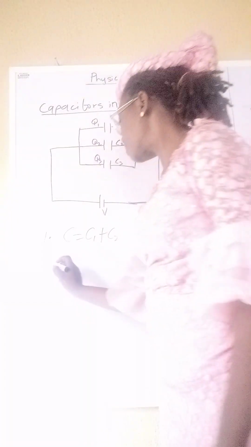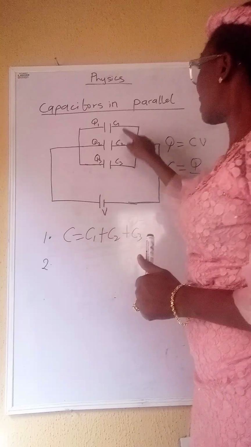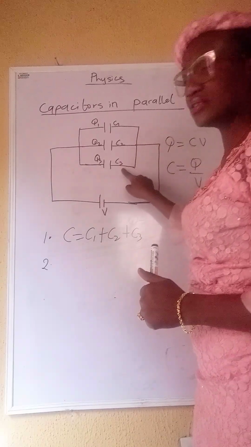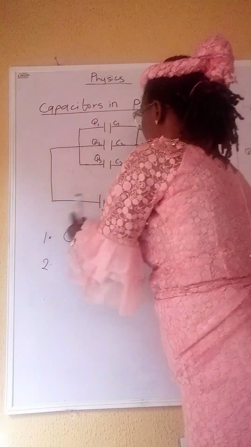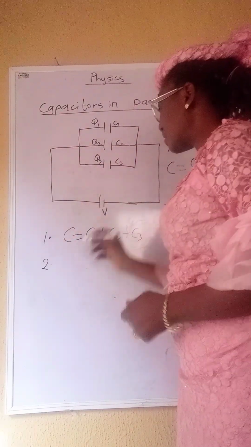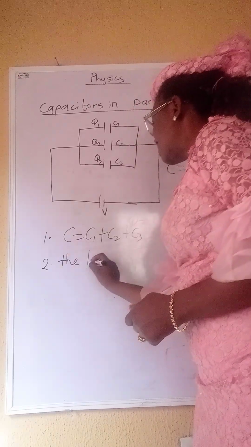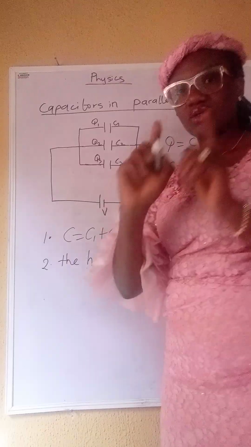Number two. Okay, now for this capacitor, capacitor 1, capacitor 2, capacitor 3, for C1, C2, C3, they all have the same potential difference. So another thing you need to know is that they have the same potential difference, V. Number 3,